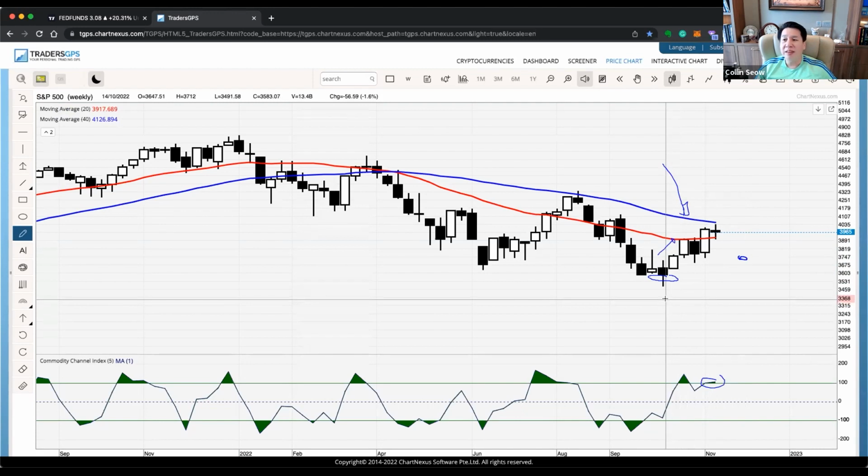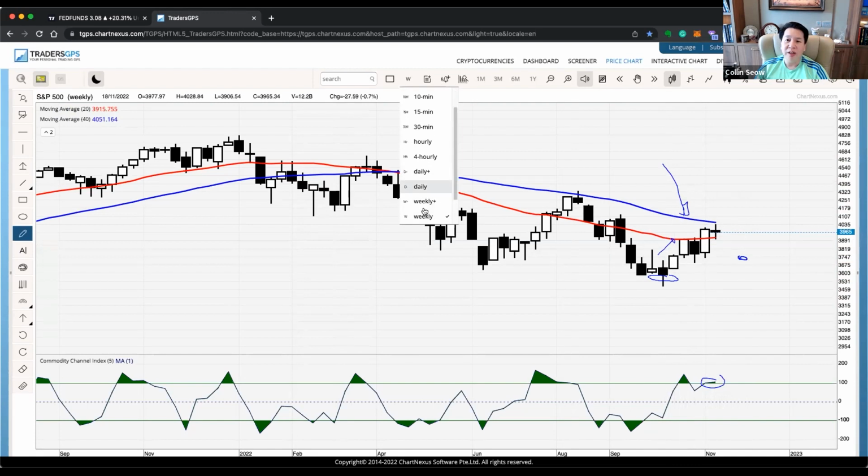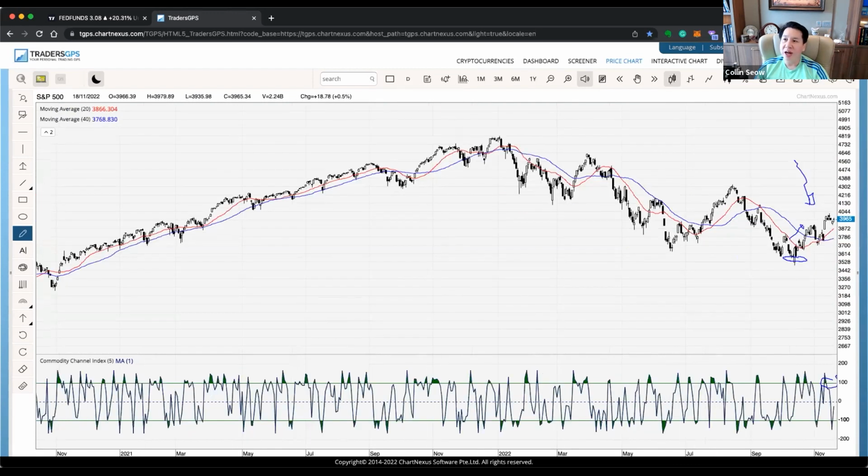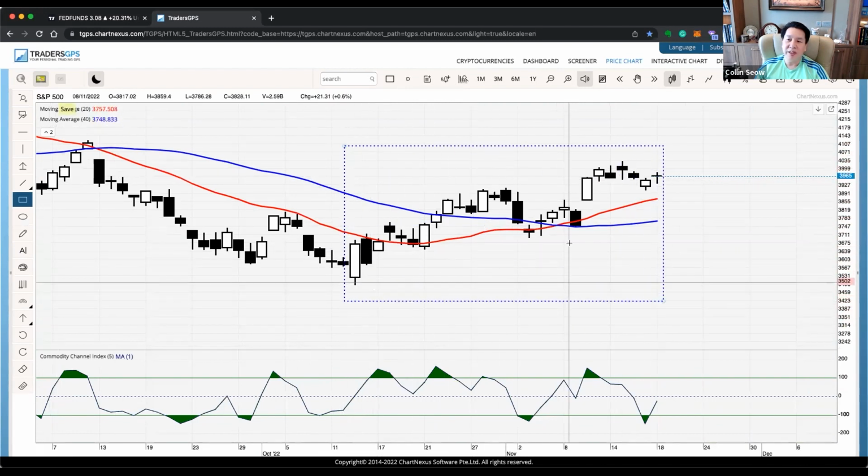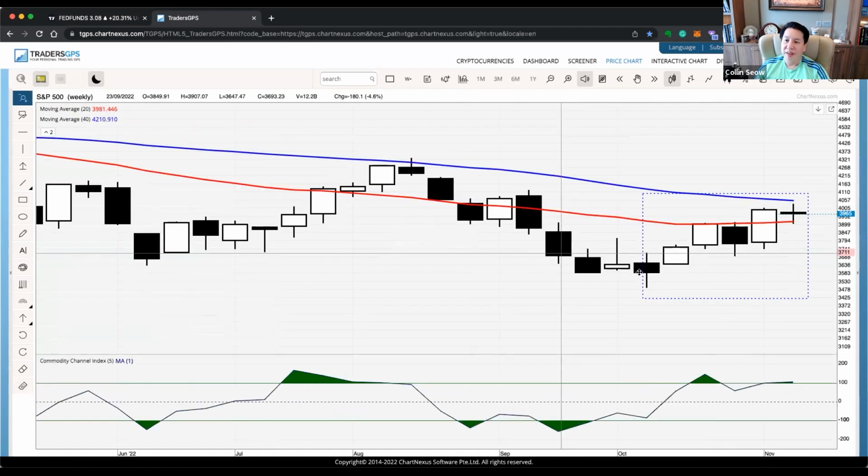So now, how to see a trigger, how to see a get ready to short will be on the weekly chart. You can go in the weekly chart or you can go to the daily chart. And then from here, you ask yourself this question: how do I know that? So this part over here, from here to here,